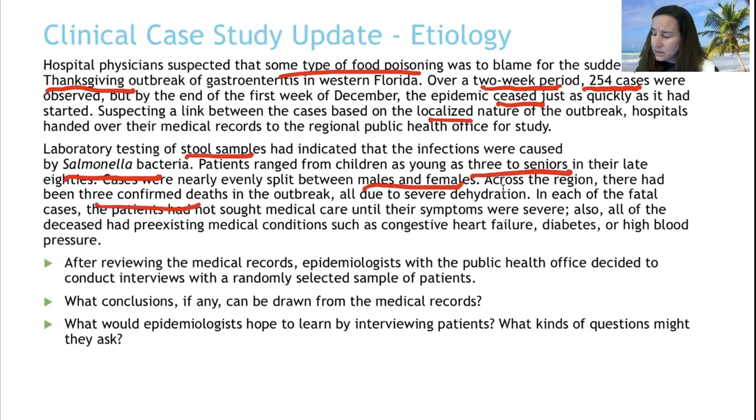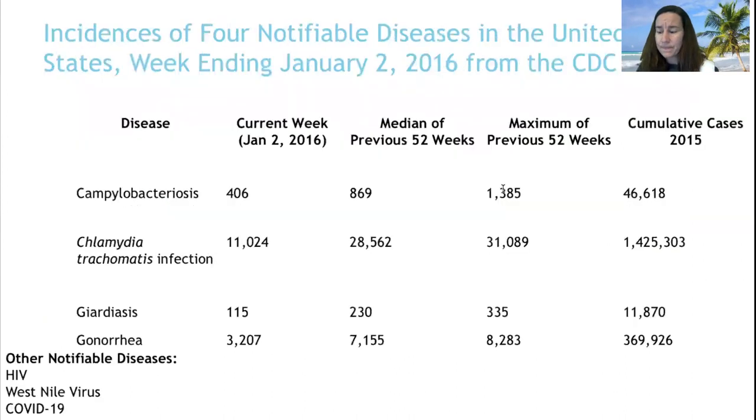3 deaths, severe dehydration. They had pre-existing conditions, and basically they waited too late. They tried to tough it out, and it didn't work out for them, and they died of dehydration. Secondary to the symptoms, to the vomiting and the diarrhea. So we know that these people got foodborne illness of salmonella. Well, where did they pick up the salmonella? That's my next question. Where did they get this stuff from? How did they all get the same illness?